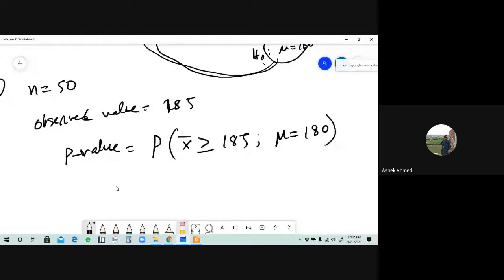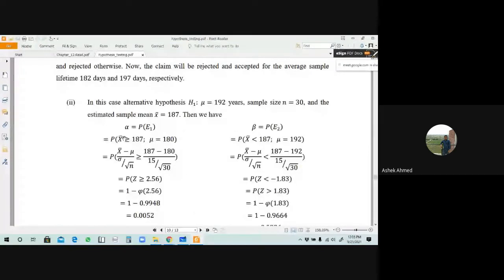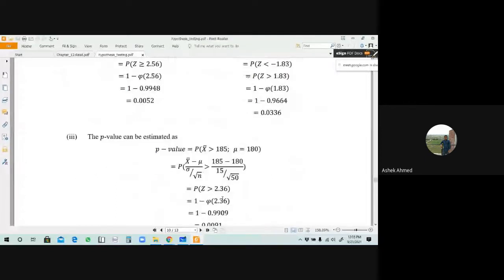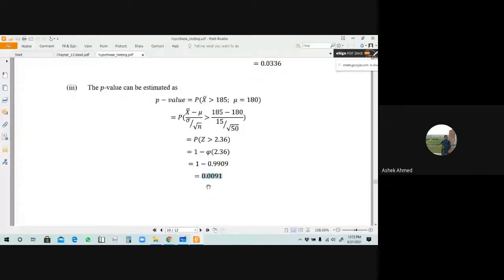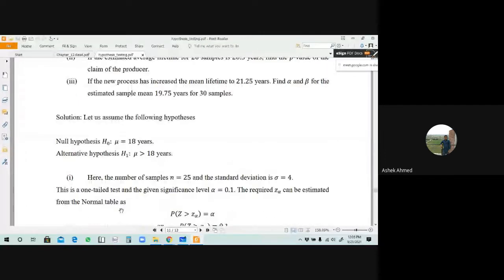The concept that we have already applied to find the alpha and beta values, we apply this same concept here. But you have to determine, in the estimate, the p-value, the probability that x bar is greater than or equal to the actual value. But the value of the mean will be the null hypothesis. So I think you can find these results here. By using this concept you have to solve problem number 6,